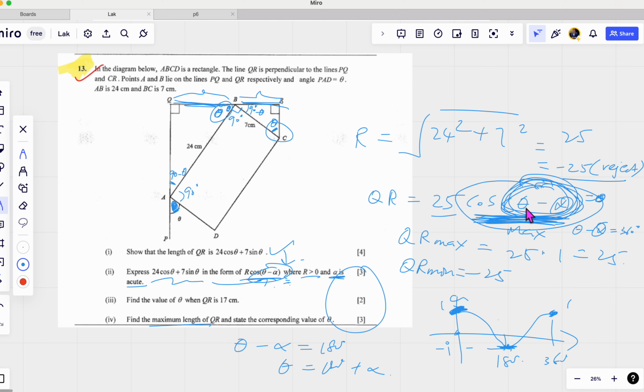If they give you cosine 2x equals -1, when the cosine function is -1, it is at 180. So it means this whole thing is equal to 180 to get -1, therefore your 2x is equal to 180. So whatever they give you here should be equal to 180 to get -1. That's how you look at this. So this is called